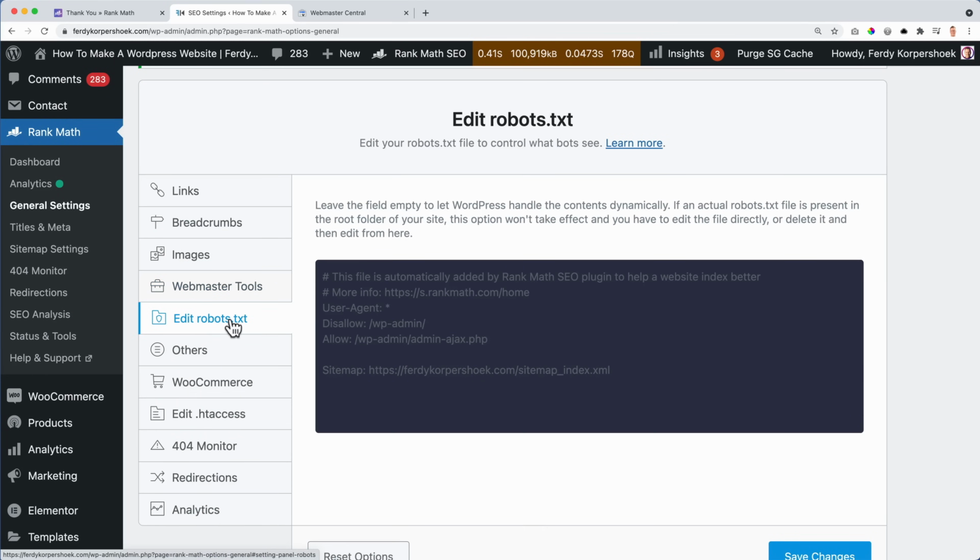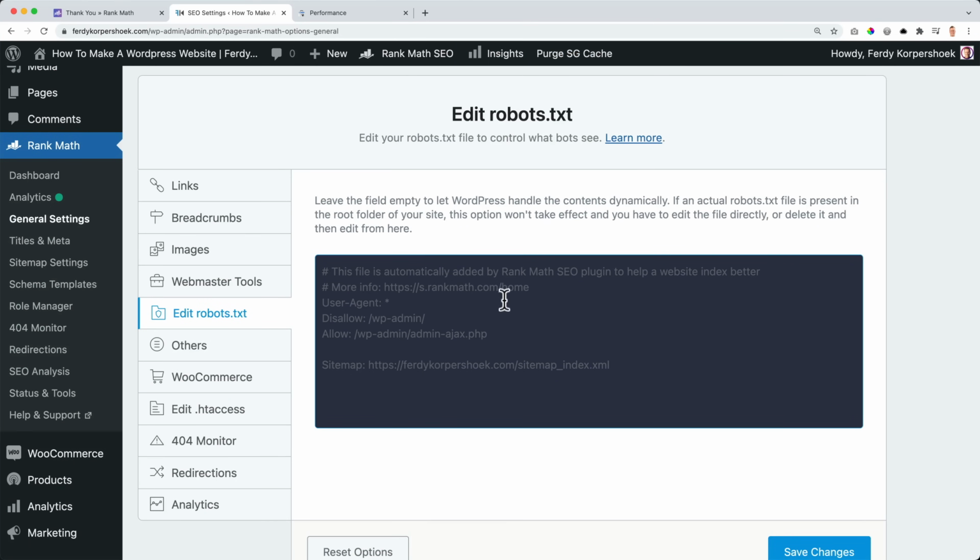Edit robots.txt. Okay, let me make something clear. A robots.txt file tells search engine crawlers which URLs the crawler can access on your site. This is basically used to avoid overloading your site with requests. What people sometimes think, but it's not the case, it is not a mechanism for keeping a web page out of Google. To keep a web page out of Google, we need to block indexing with a noindex or password protected page. I will show you how to do that. So it's actually used to manage the crawler traffic, so you don't get too much traffic on your website from crawlers. So actually I leave it as it is.